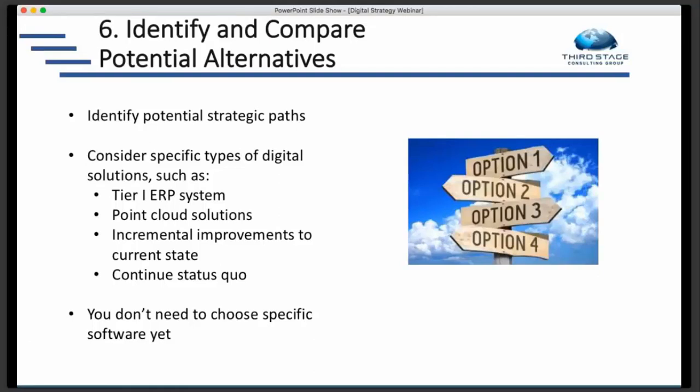Or it could be that, well, we know IT isn't really our core competency and our IT costs are too high right now and we don't want to focus that much on IT. We want to be a more nimble organization. So maybe point cloud solutions are more important to us. So those first two are some of the common challenges that companies have, is that sometimes those are in conflict